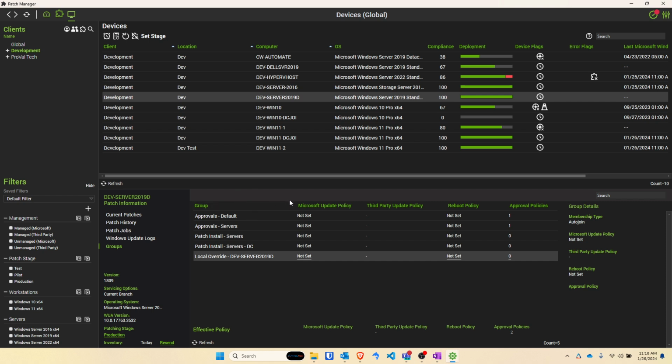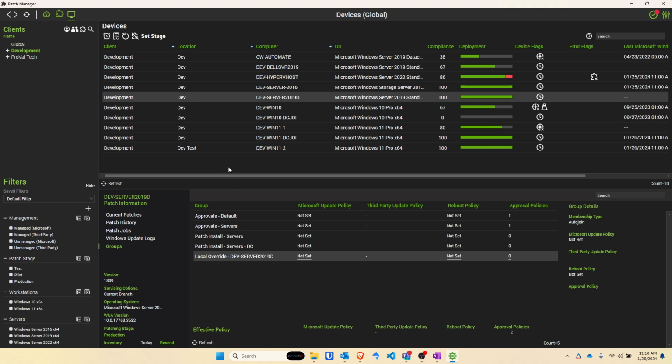So, for giving machines a special patching setup different than your standard, there's a couple of different scenarios we should consider. The first one is if your customer calls you up, and let's say for the sake of argument, they've got a single machine that needs something special to happen. This is a one-off machine, a very unique thing that's interfacing with the CNC machine, and it only has one maintenance window a month that you are able to go through and patch it, which is different than your other